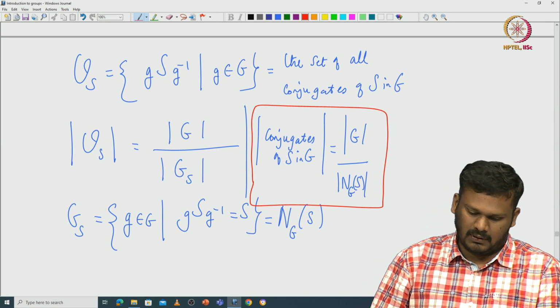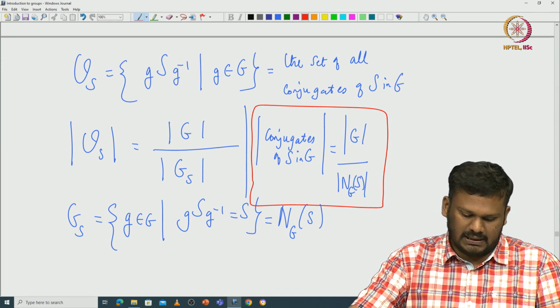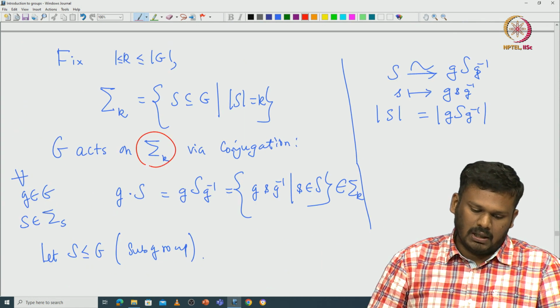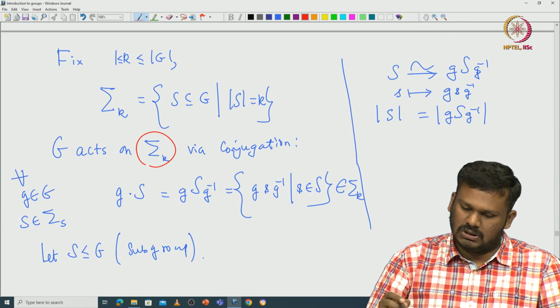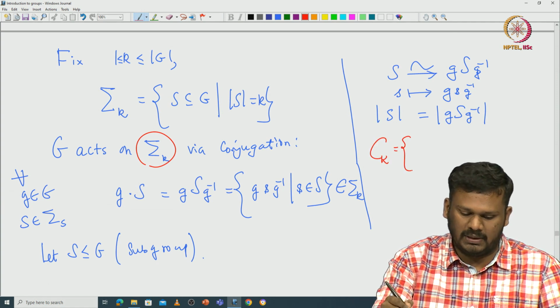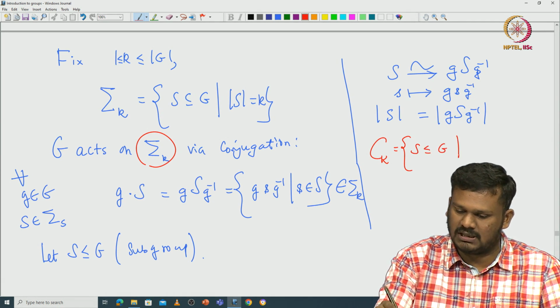This group action, as I said before, unifies all these things in a very nice way, and as an application, whatever group action you take, you can immediately see some of these results for free. Now, like I said before, we have a natural subset of sigma K that is actually G-invariant. Let us call it C K. You can take it to be those subsets of G which are also subgroups: take S a subgroup of G such that the cardinality of S is K.